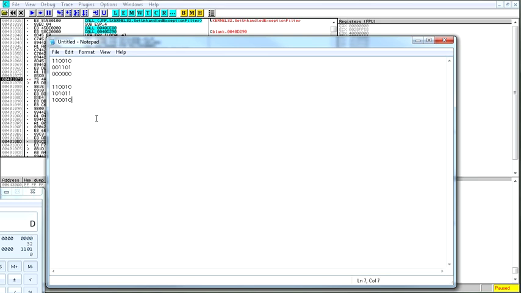That's an AND. An OR works like this. In this situation, we would see, is one or the other 1? Yes. Yes, yes, yes, yes, and yes. Okay. But if we had something like this, actually, let's change this.